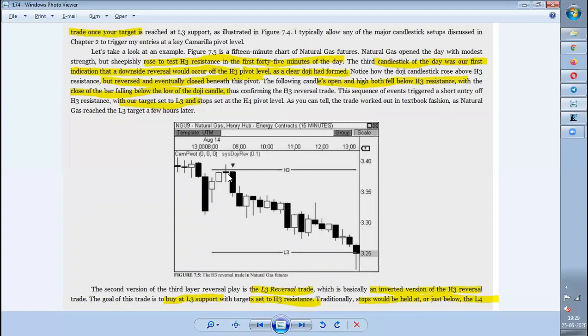Once this reversal setup is done and this candle gave the confirmation, you can enter the trade at the low of this, and after that you have met the target of L3. So try to exit your trade when L3 is hit, because L3 is the zone where you can see further reversal. So always try to exit your trade at L3 and keep your stop loss at H4. Based on experience, as you go further, you can keep your stop loss just above this candle also. This is told by me, not written in the book, but based on my experience.